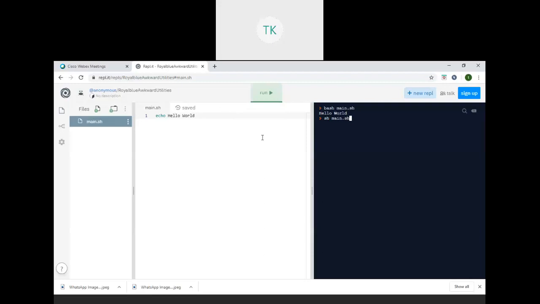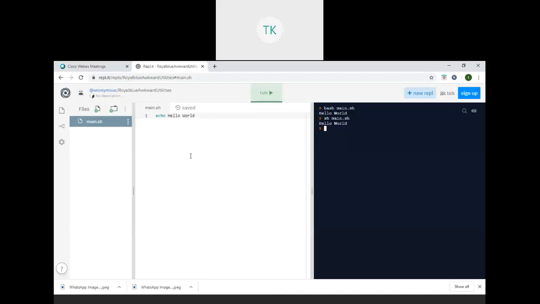Here sh is the shell, main.sh, main is the program name. I'm trying to execute that and I get the result, hello world. This is one simple method. We can execute in this panel, and that is this editor's speciality.